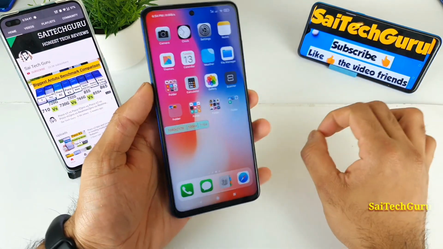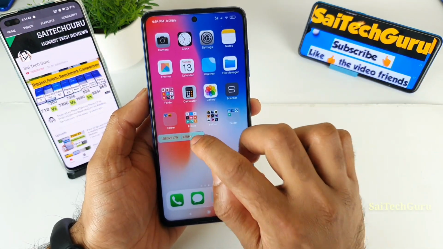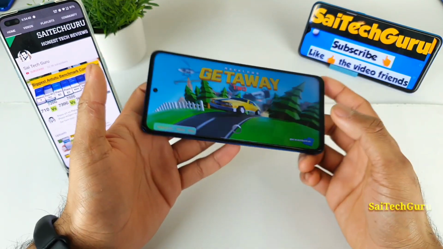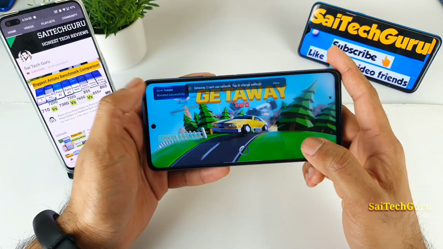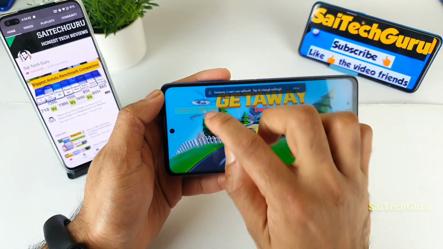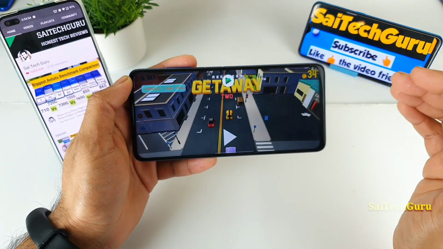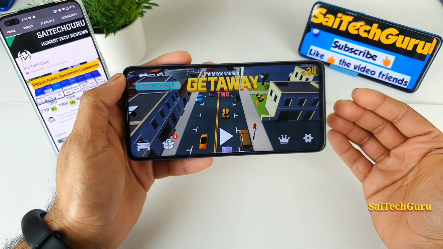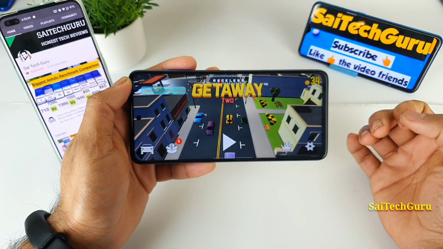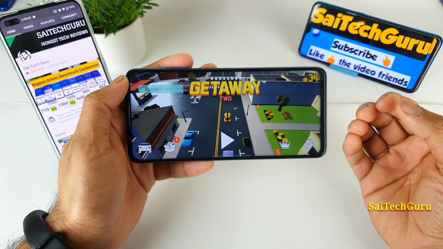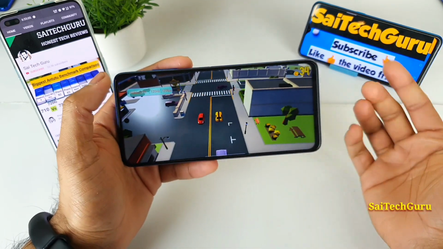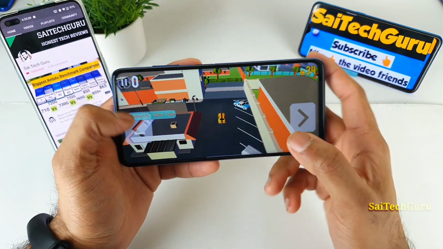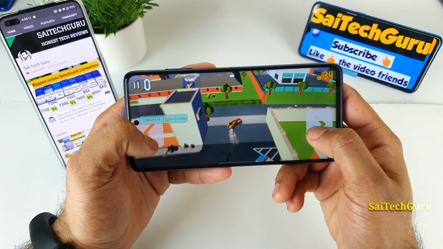My main goal is to make the default FPS count meter work, not relying on any third party FPS count meter, because the default one is pretty good. I want this one to work, and then only it's a true and genuine result. There are some videos showing 120 FPS and 90 FPS, and those can sometimes be not real. If you use third-party applications that can happen, but if you use this kind of default FPS count meter, then the results will be very true.